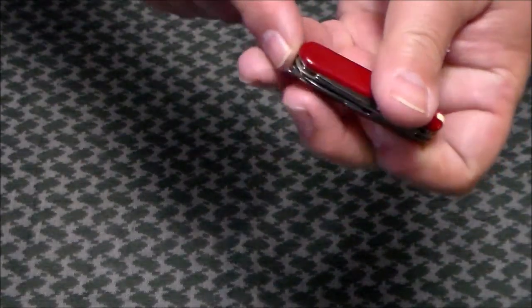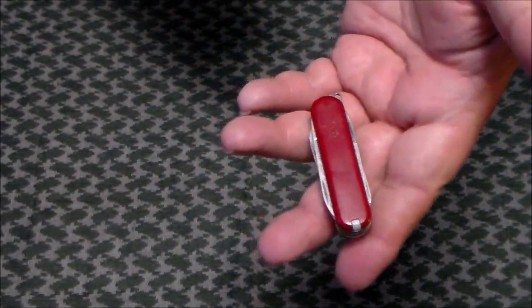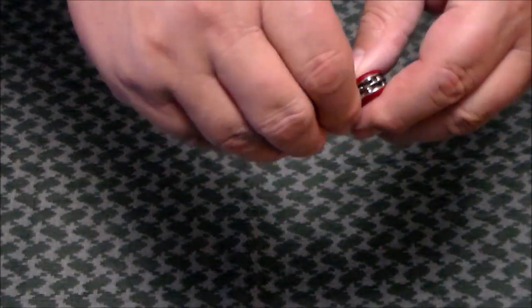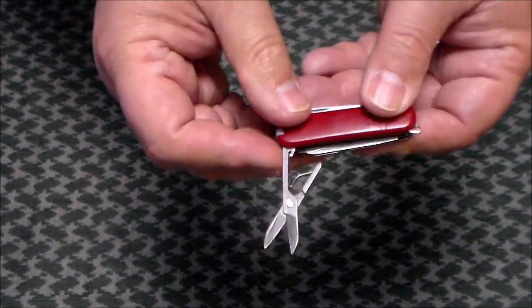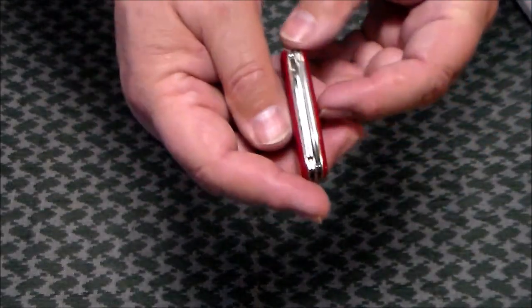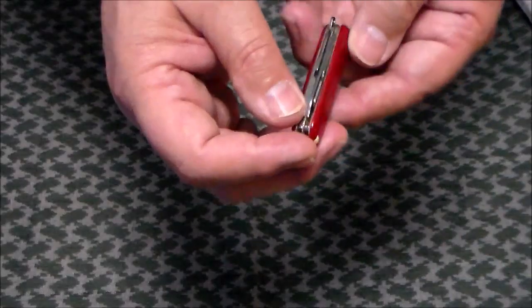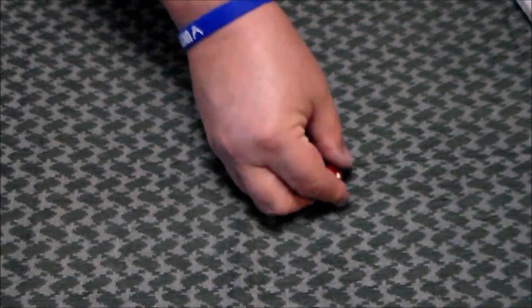And it didn't have the key ring. Neither thing was a big deal. I was opening up the blades. Scissors were good. Had all the blades on it, but I noticed, hey, it didn't have a combo tool. Which, if you look on